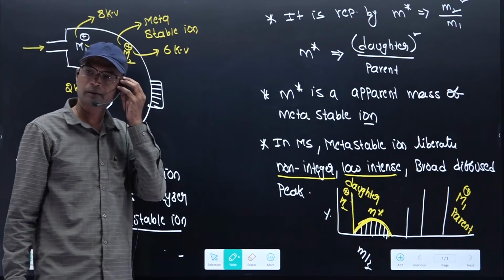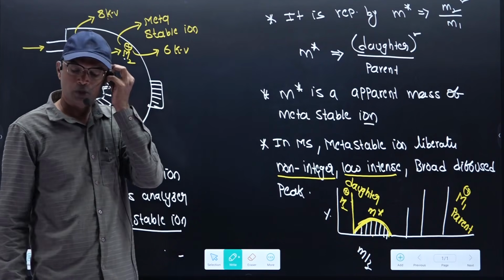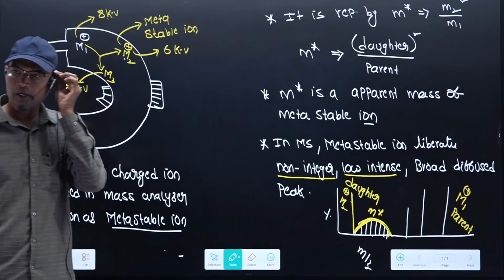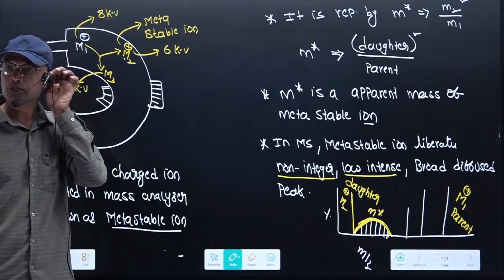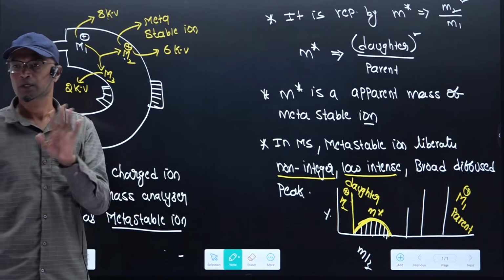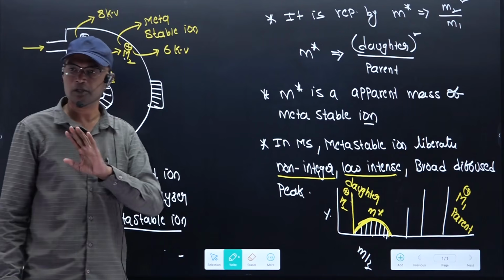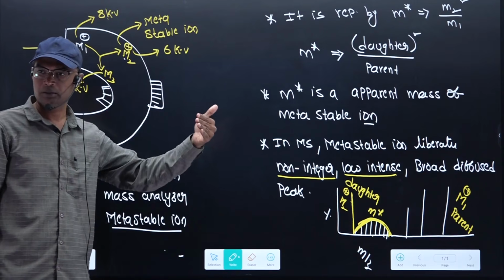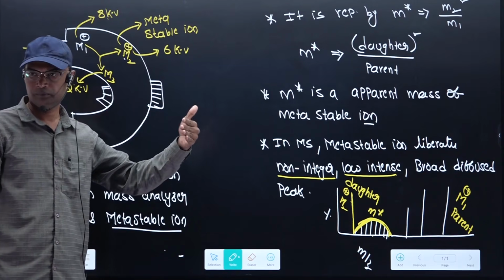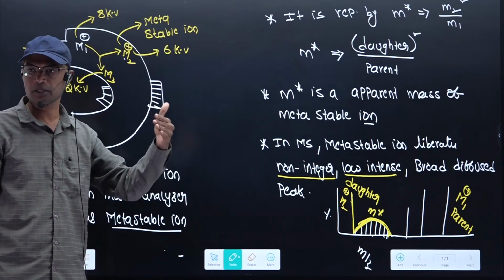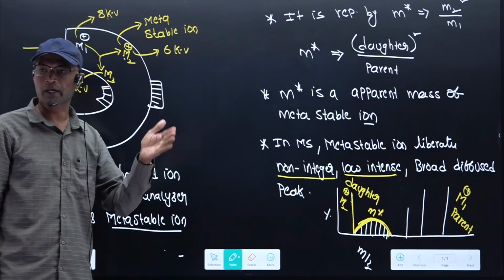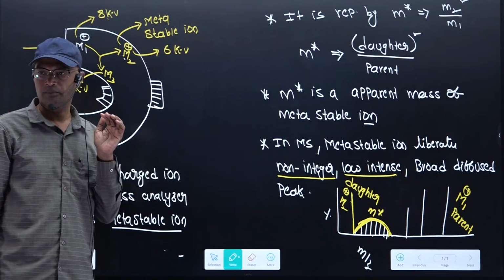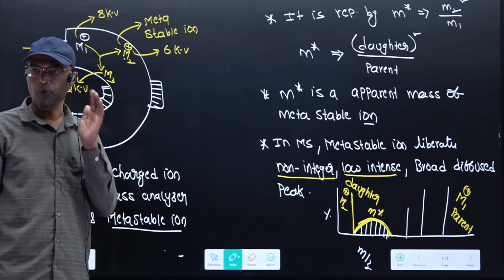What is a metastable ion? It is the newly generated positively charged ion in the mass analyzer. Here the key point is don't forget to write mass analyzer. If you do not mention the words mass analyzer, that statement is wrong. Already one ion was generated in the ionization chamber. That ion is forcefully entered into the mass analyzer due to a high potential electrode,